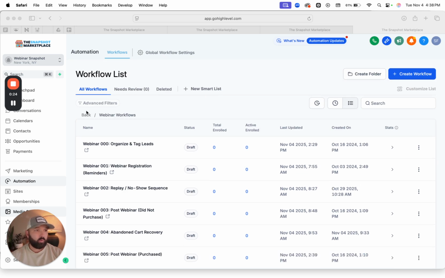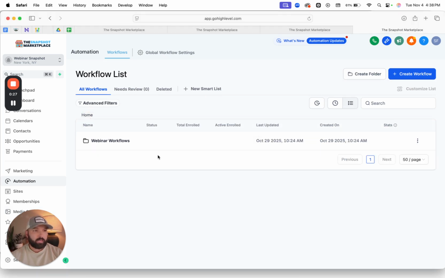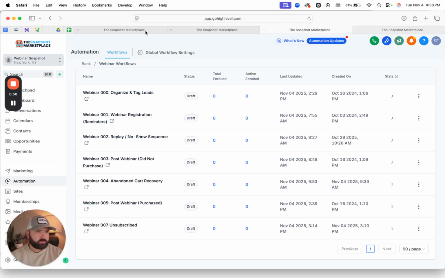I have the webinar organized so that the custom values, the workflows, everything is in its own folder so that you'll be able to add this snapshot to any sub account. It can be standalone or you can add it to an already existing business without interfering with all of the other workflows, automations, pipelines that you may have in place. So let me jump over here first to the